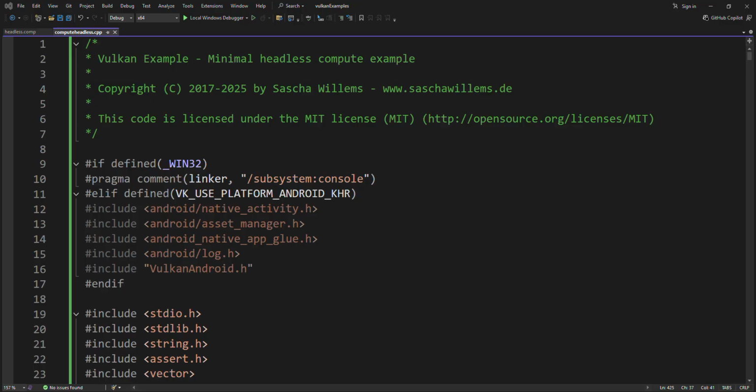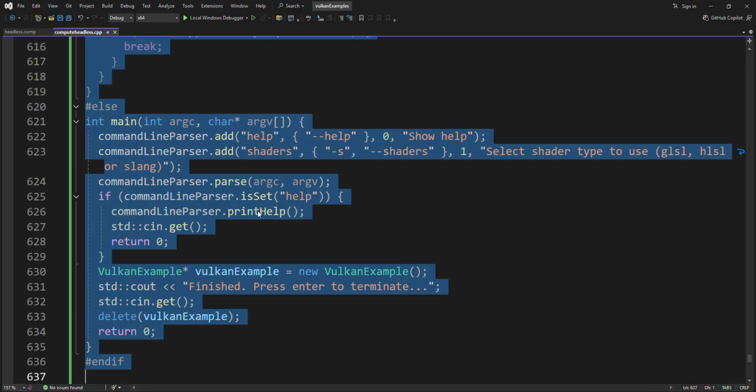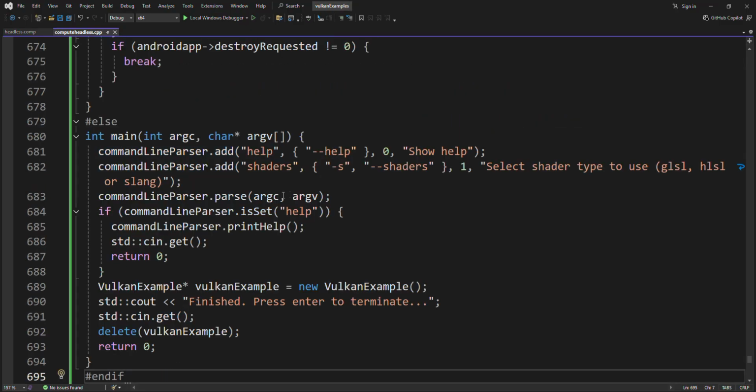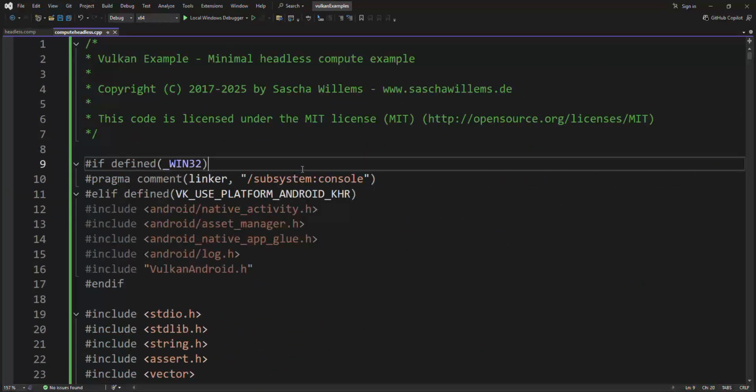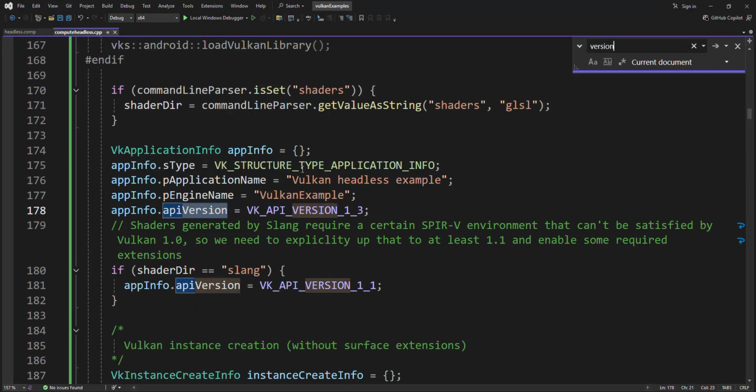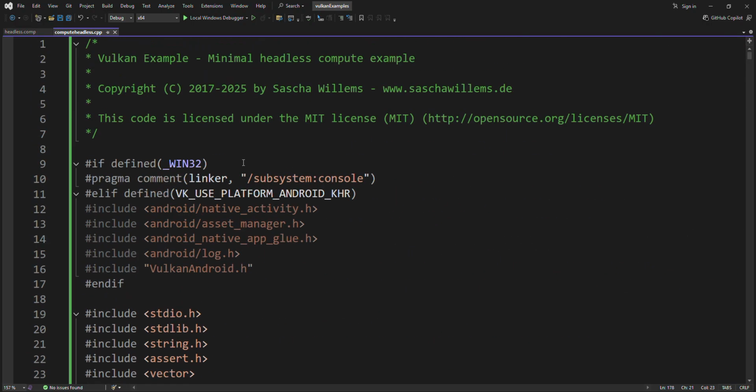So I'm going to take out the default file, and I'm going to put in a file that